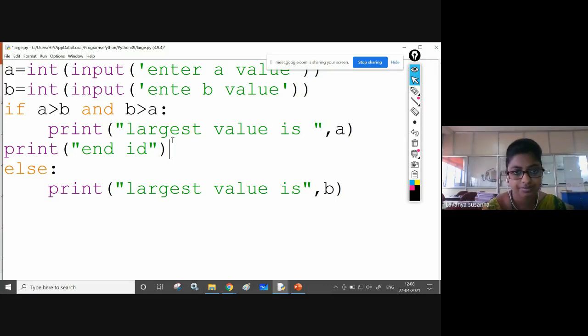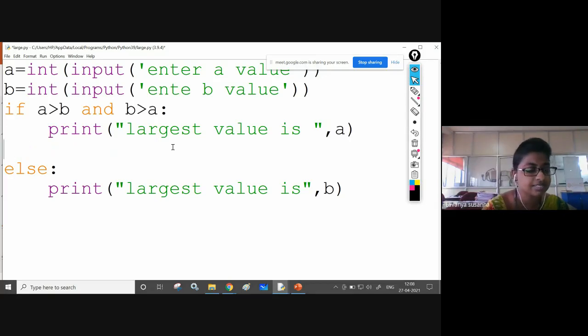Next, I'm using the if elif statement, just like the if else ladder. In C language, there is an if else ladder, right? Same, same.